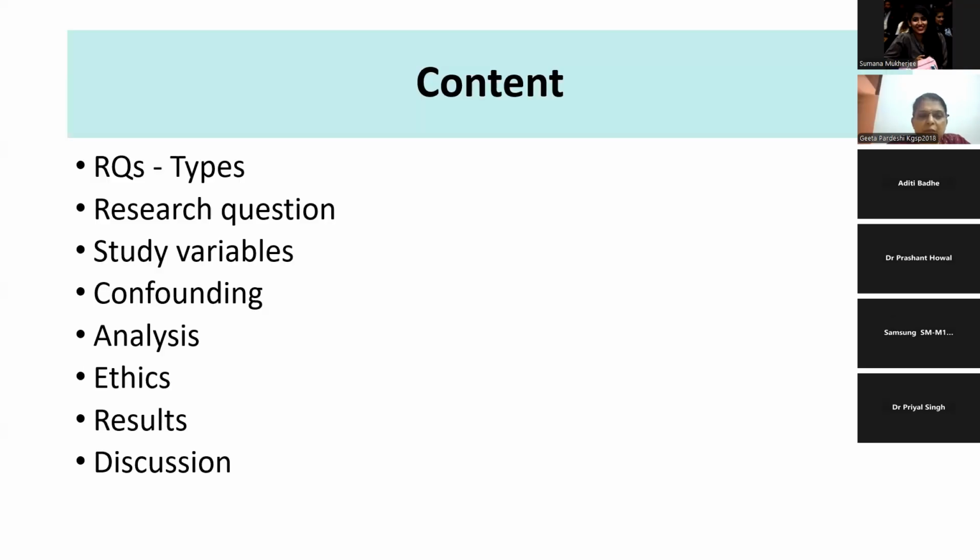Look at the different types of research questions, because many a times the queries which we ask from you all are regarding research questions, how to identify research questions, and what are the different ways you can refine your research question. Then, of course, we are going to look at what are the various study variables and how to identify those variables, what actually is confounding, and how you can handle confounding in your design and also in